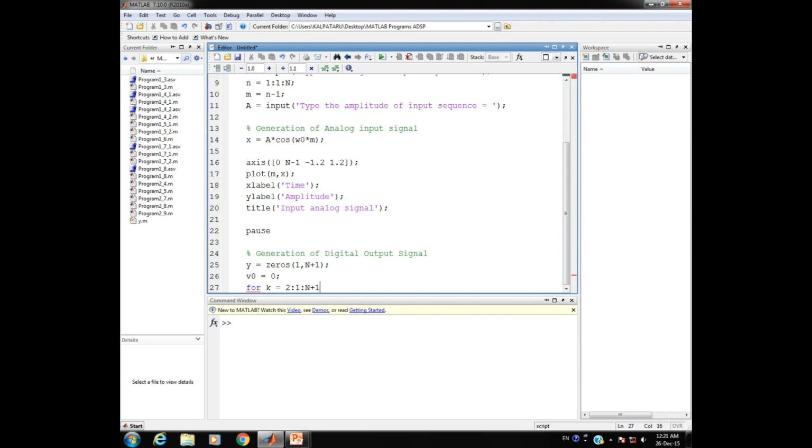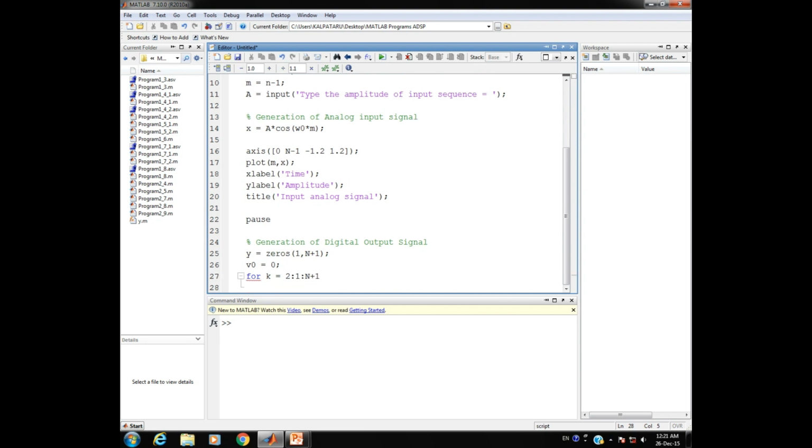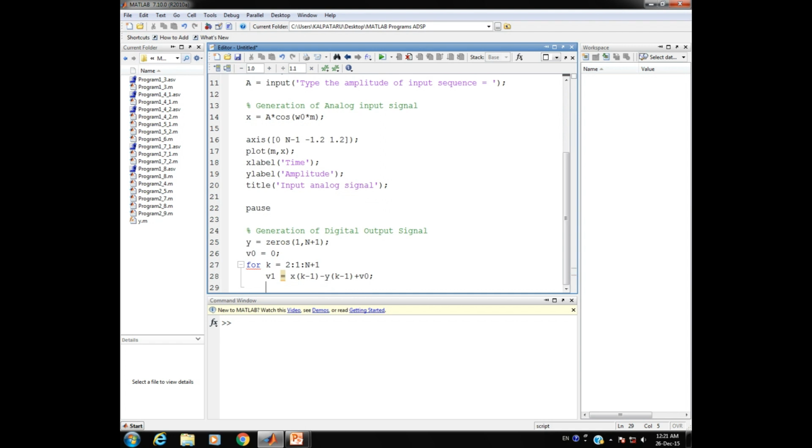So these many iterations it has to perform here, and initially inside this for loop I am going to formulate one variable v1. So v1 will be x of k minus 1 minus y of k minus 1, which will add it to v0 here, ending with the help of semicolon,